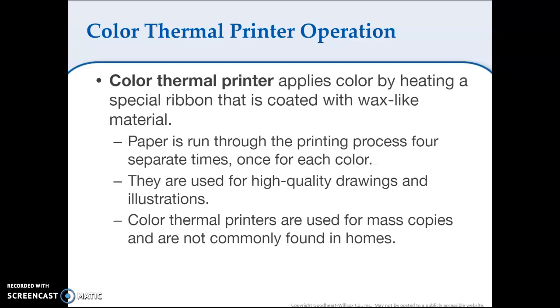Color thermal printer operation. This applies color by heating a special ribbon that is coated with a wax-like material. Now, in these situations, paper is run through the printing process 4 separate times, once for each color. So you can already see this is going to be a longer printing process. Used for high quality drawings and illustrations. Color thermal printers are used for mass copies and are not commonly found in homes. More of the industrial or